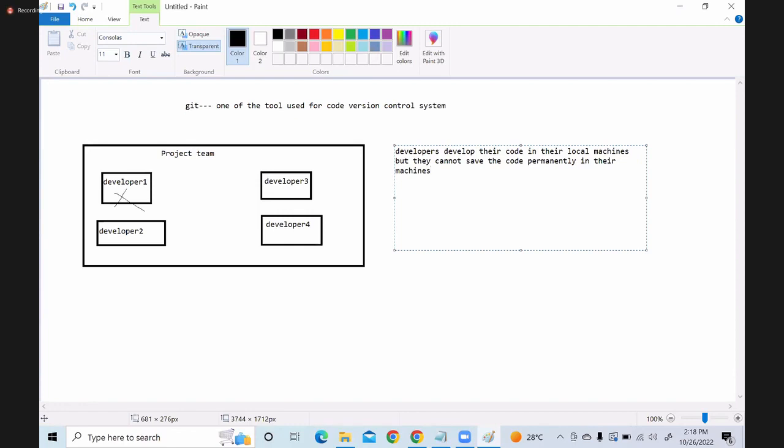Also, developer 1, 2, 3 and 4 will be working on different modules. Now, as a project, all these modules should be combined, right?